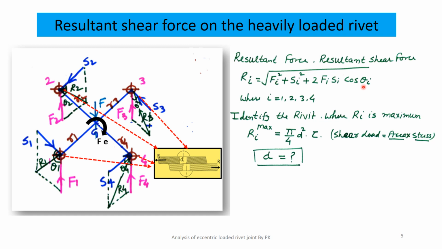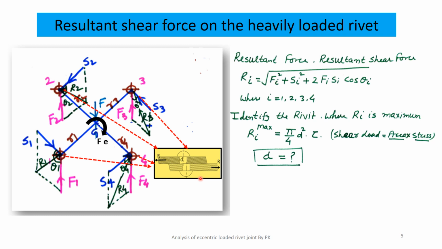So we pick that value, and we call it Ri maximum, the maximum resultant force. If we look at the rivets, normally a rivet will fail in shear and crushing. This figure represents the shearing failure of the rivets. Here, if we take four rivets, the first rivet, the second rivet, the third rivet, there are 2 plates. One is the bottom one, the other is the upper one.